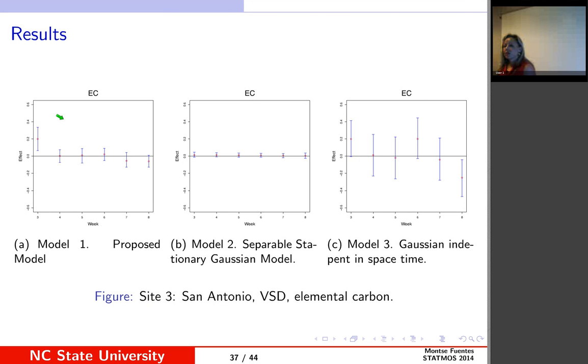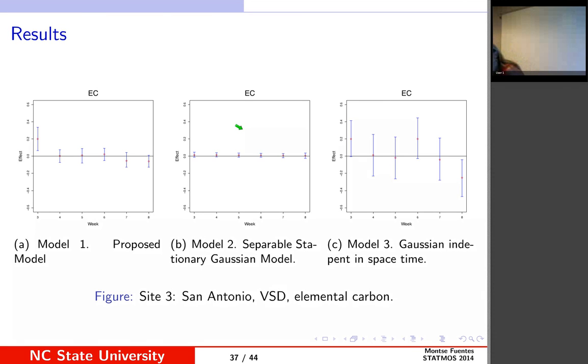This is elemental carbon, same story. And if we are able to understand which weeks, this is week 3, very, very early in the pregnancy, probably when the mother is pregnant, and that's the most critical time. And again, you wouldn't be able to see any of that, and that probably explains the lack of literature in that regard. You wouldn't be able to explain that if you just go and do the analysis without borrowing spatial information. That would be the Model 3, or just with the borrowing in a very simplistic manner with our separable